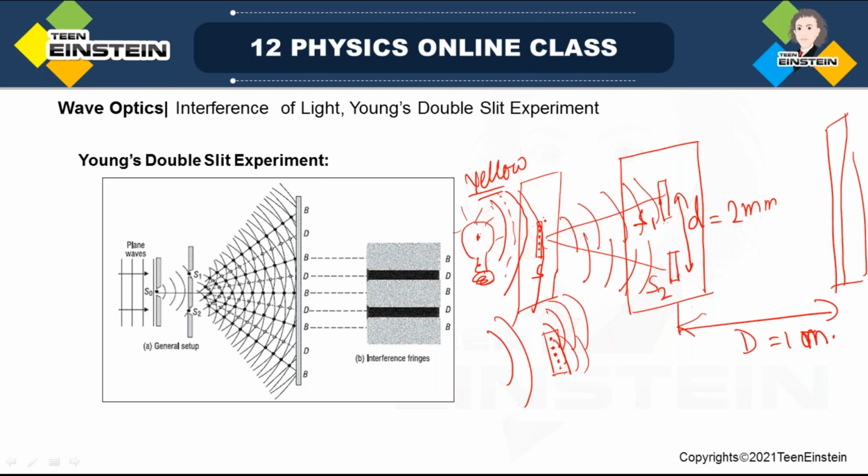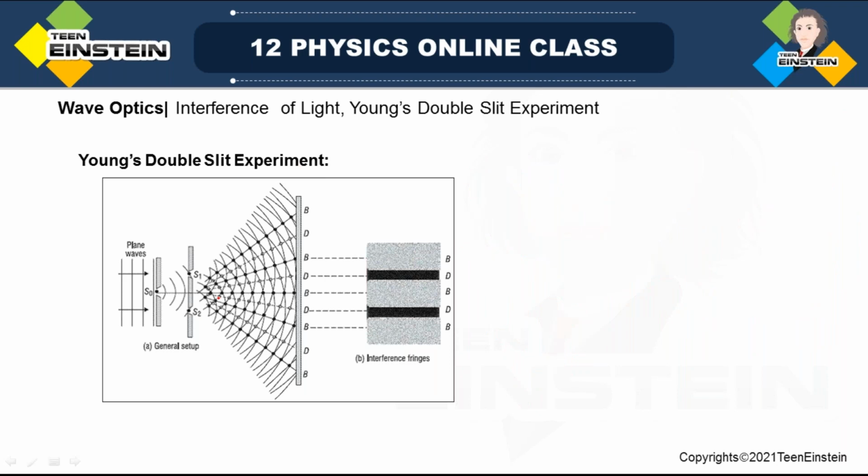Since the light illuminating this S1 and S2 slit are from the same source, they have a constant phase relationship. So coherent sources can be made. Okay, look in the left hand side there. See, after making the coherent sources, as you look here,